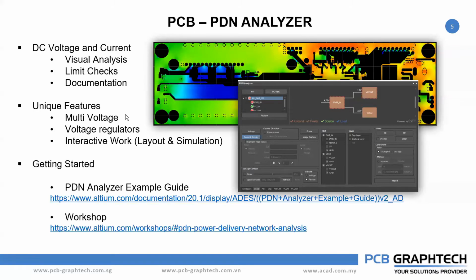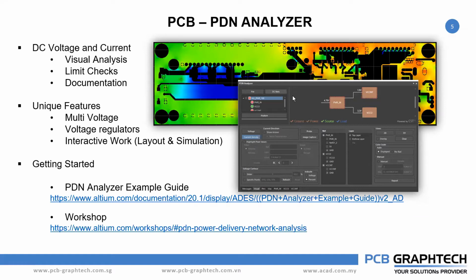And then there you also have unique features like multi voltages. You see this picture, you can determine different voltages for a network, with 5 volts or power in voltage or 1.8 or 3.3. So different voltages can be analyzed at the same time. And you can also work with different networks like your power in network, VCCO network, and VCC internal network. So you can add in the networks and it will become multiple networks, and you can analyze the combination of the networks.